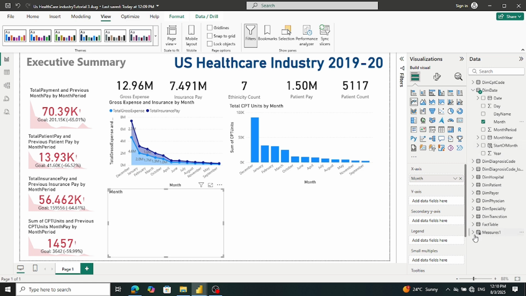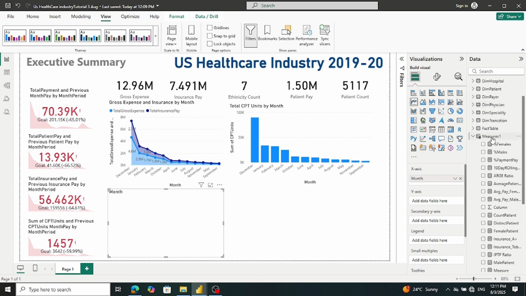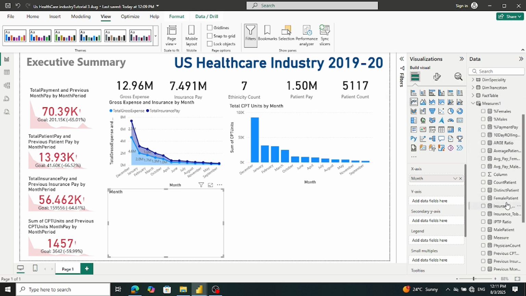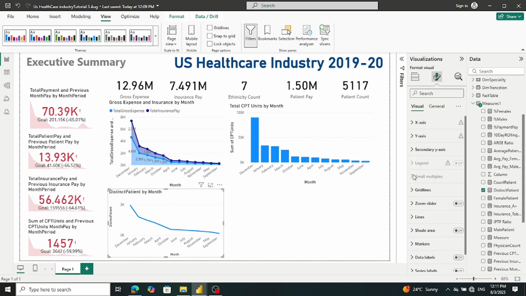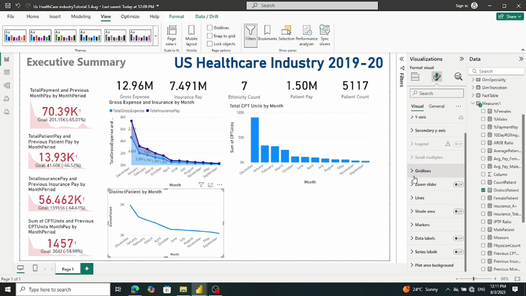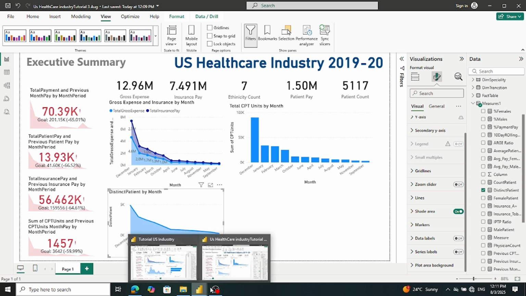I think we have already created this measure. Distinct patients, and we need formatting. We need a shaded area. Let's see, we have the shaded area, and then